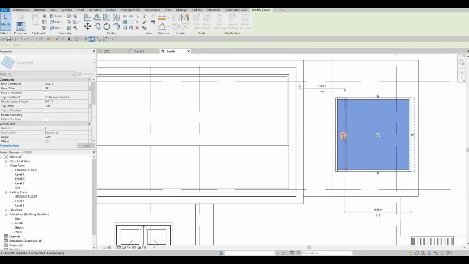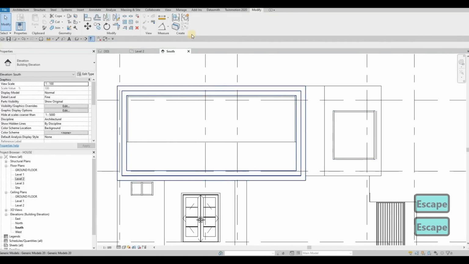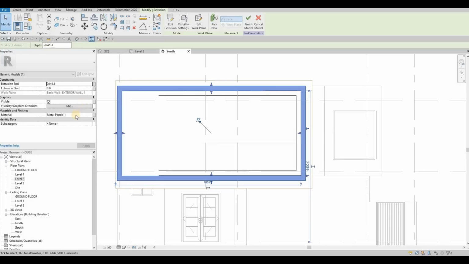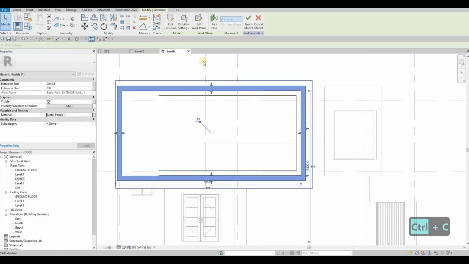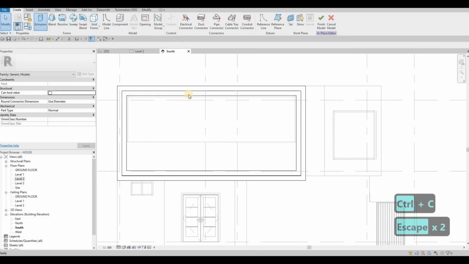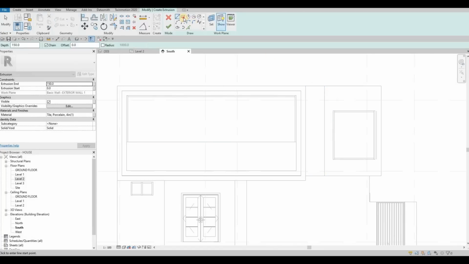And we're gonna make it consistent. So I'm going to edit in place. This one is metal panel. I'm going to create an extrusion, pick a plane, select this one right here, and then offset it to 200,